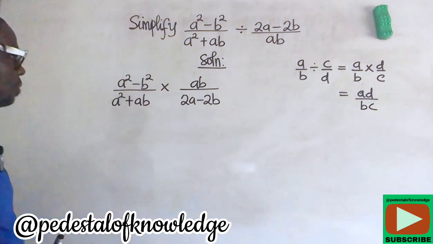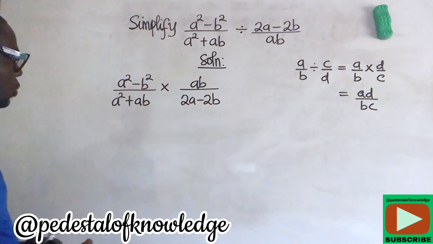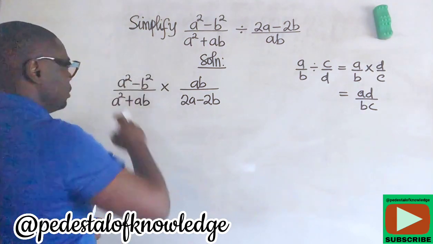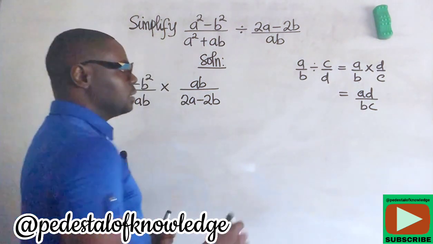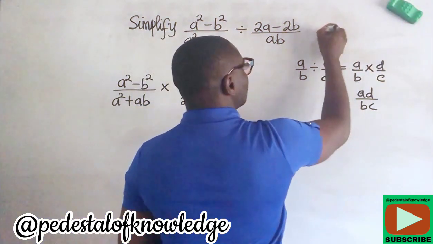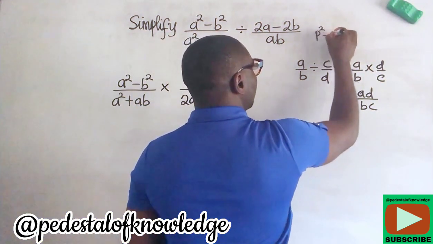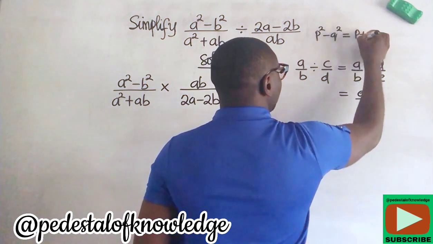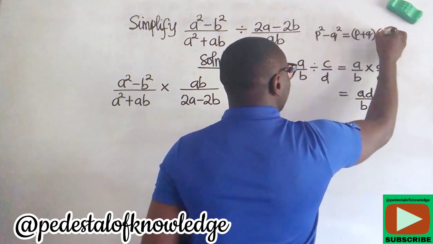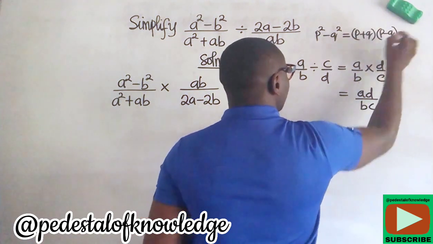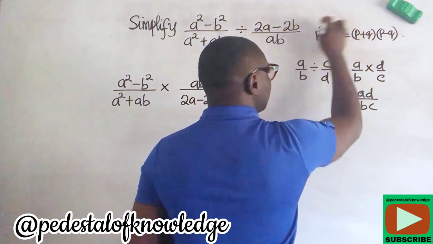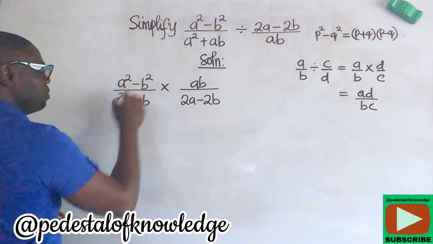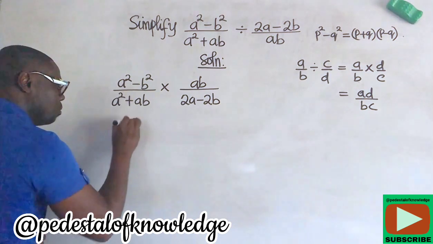All right. So the next step now is to use the concept of difference of two squares to evaluate this. Remember that difference of two squares states that when you have p squared minus q squared, this is equal to p plus q multiplied by p minus q. Because when you expand this, you are going to have this thing back. Okay, so that's what we are going to use here. So a squared minus b squared is a plus b